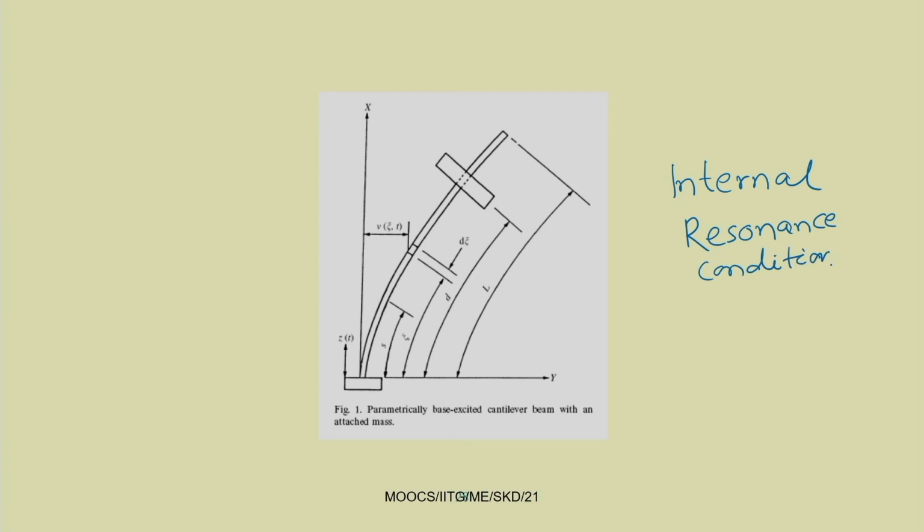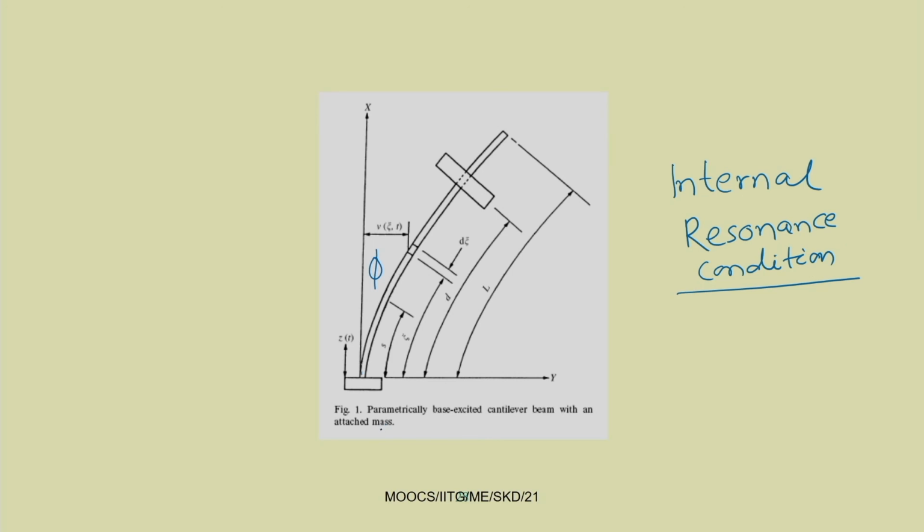So, here we have a cantilever beam. The cantilever is moving up and down. When it is moving up and down, then due to slenderness, this beam moves in the transverse direction. If we are taking this angle as phi, you can see that this sin phi can be retained. If we are taking this distance s, it can be retained as dV by ds. So, sin phi will be equal to dV by ds.